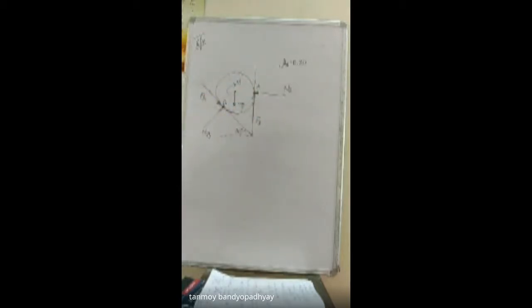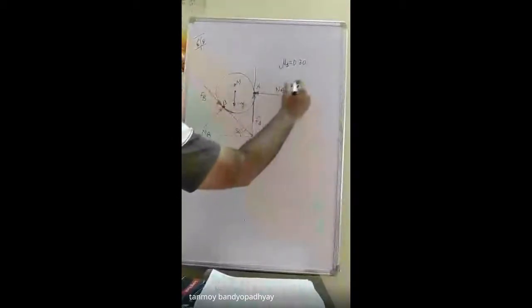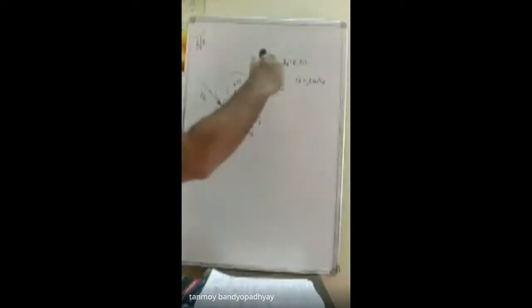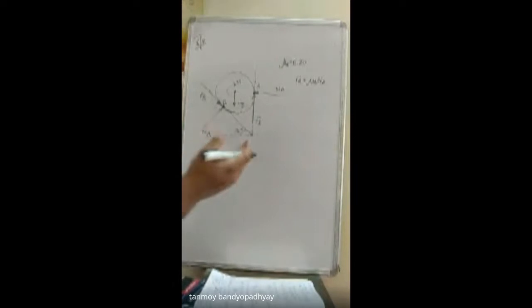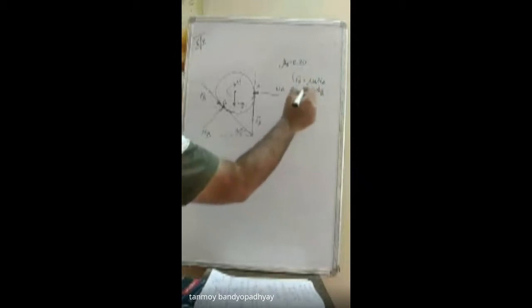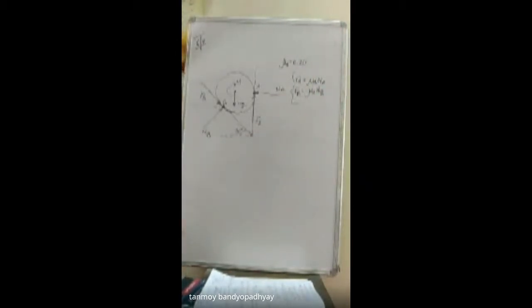So in that case directly we can take FA and FB equal to mu(s) N. Since we just need to determine the moment value, I am going on increasing the moment. A time will come when at both the points it will slip. At that point we should have FA equal to mu(s) NA, where FA is the maximum frictional value. Go on increasing, friction will remain equal to FA or somewhat less than that. And FB equal to mu(s) NB. These two values will remain the same.